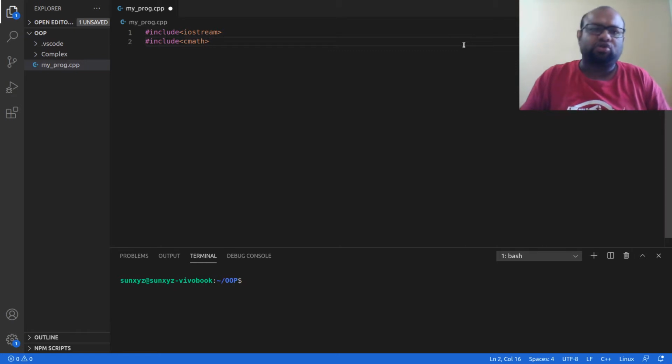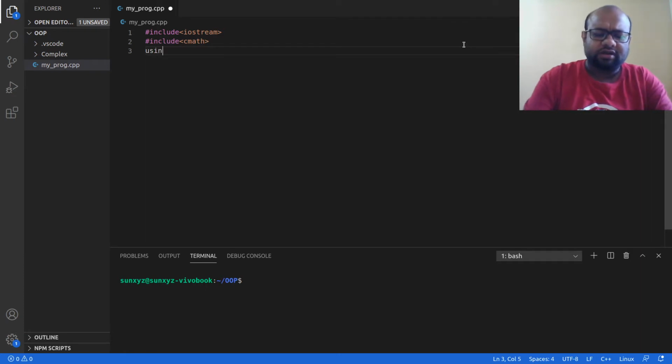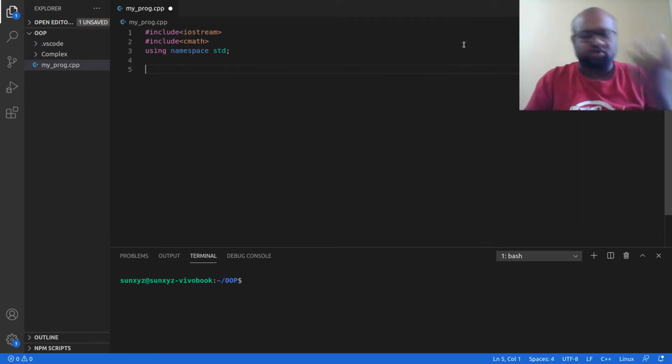Like cout and cin are given to us inside namespace std, in the same way, all these things that are there in cmath are made available through the std namespace. So we are going to bring that namespace into our local scope. I am going to write using namespace std. So this is what I have.